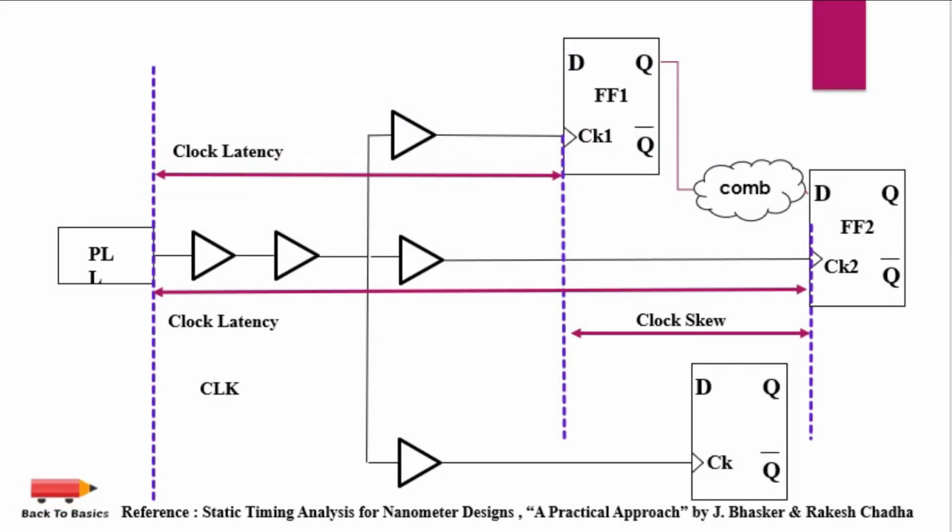Now let us understand this with the help of a diagram. So as per definition, we saw that the clock skew is the difference in arrival time of clock signal at the endpoints of clock tree. So let's say we want to find the clock skew between these two flops. Then what is the arrival time of clock signal for this flop? This is the arrival time of clock signal for this flop, which is also known as clock latency. And for this flop, this is the latency. And the difference between these arrival times, or difference between these latencies, is this clock skew. So can we say that the clock skew between any two flops will be the difference of clock latencies associated with those flops?